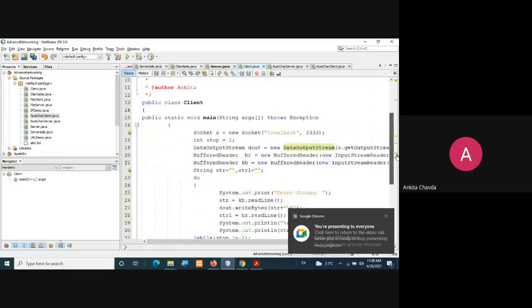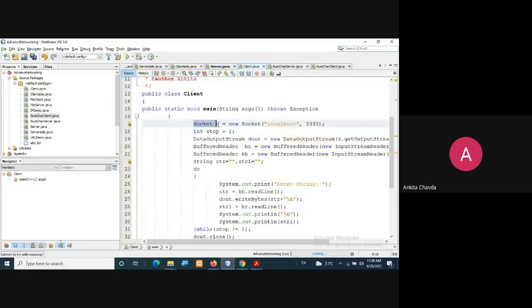So here at the client side, I'll create one socket first, equals new Socket. And here you can write the IP address of the server if it is on a registered domain, or if it is in the same network, attached in the same LAN, then also you can give the IP address of that server. But right now my client and server are both on the same machine, so I'll write localhost here.